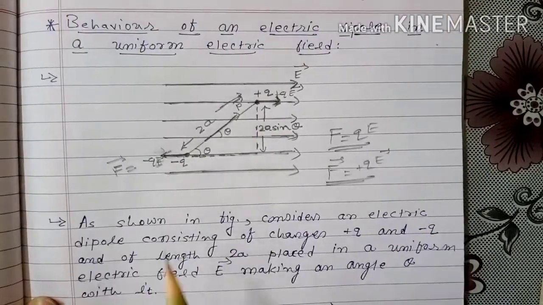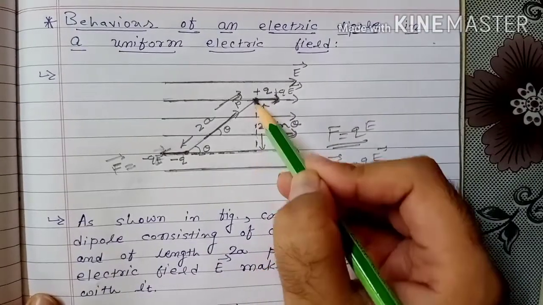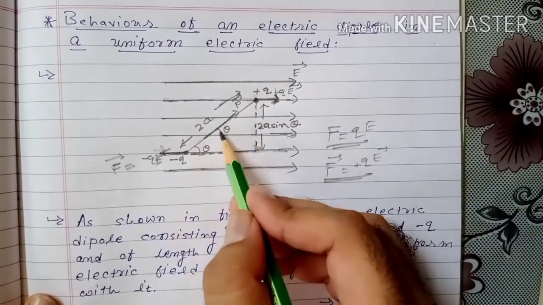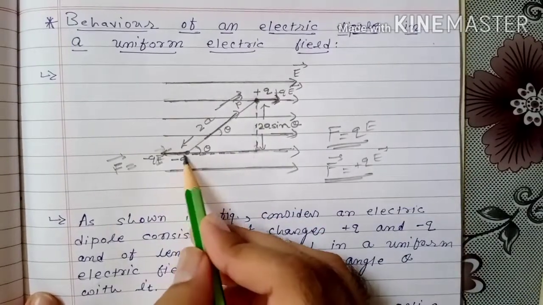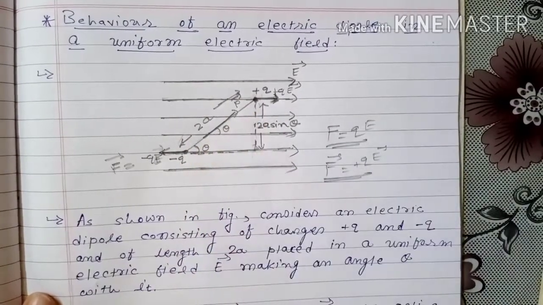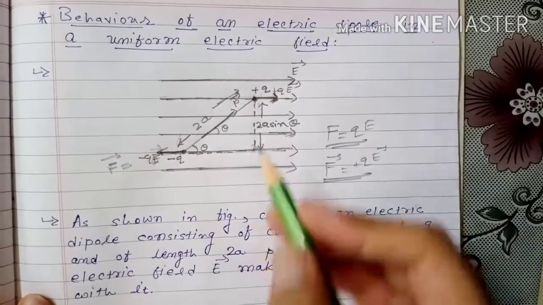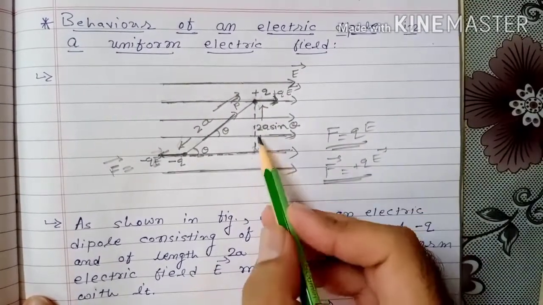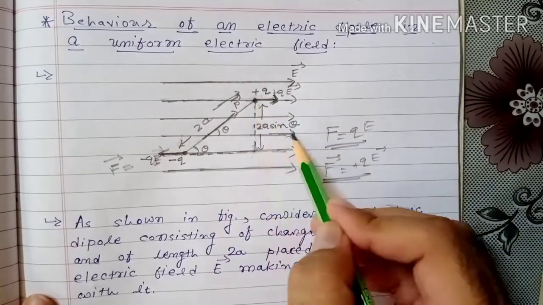Here first line of action is this, second line of action is this. If we have to find the perpendicular distance between the two forces, then it is this. Here angle between P vector and E vector is theta, therefore this angle will also be theta. If we consider this triangle, then the distance between positive charge and negative charge is 2a. So the component of 2a opposite to theta is 2a sin theta. Or if you have to find the value of this side, you can use trigonometry. From that also you will get 2a sin theta. So perpendicular distance between the two forces is 2a sin theta.